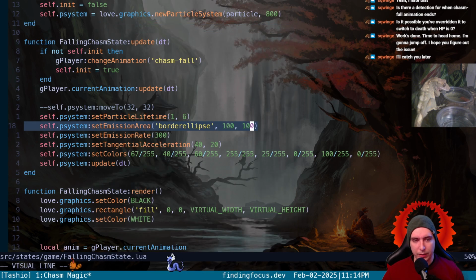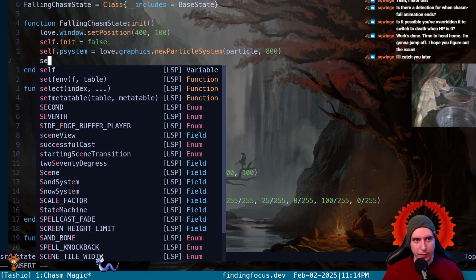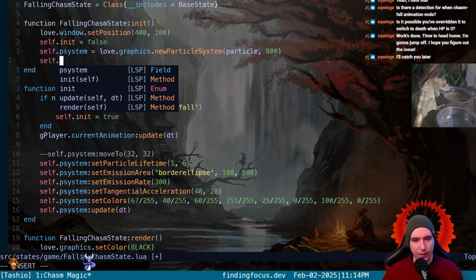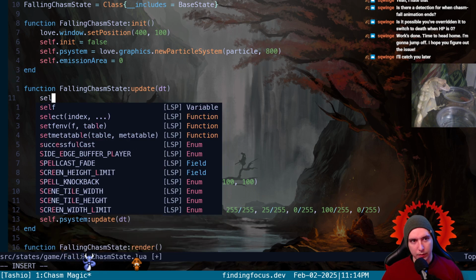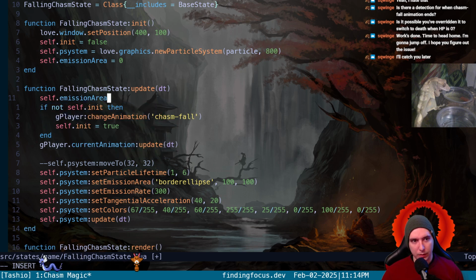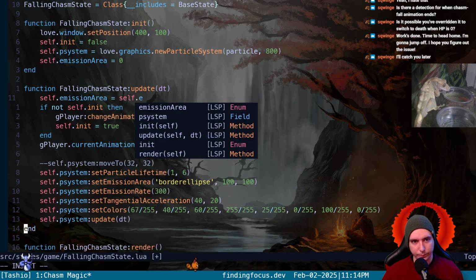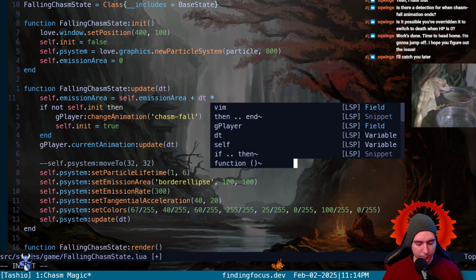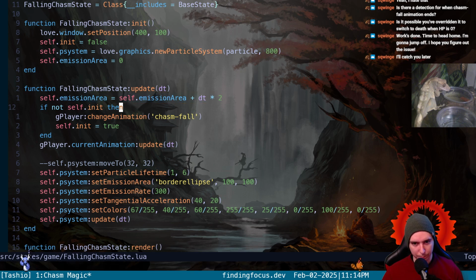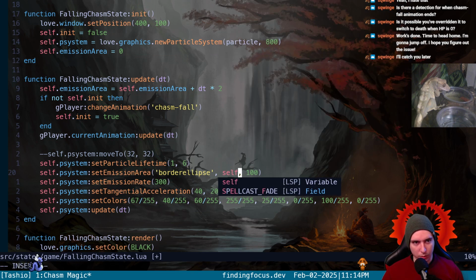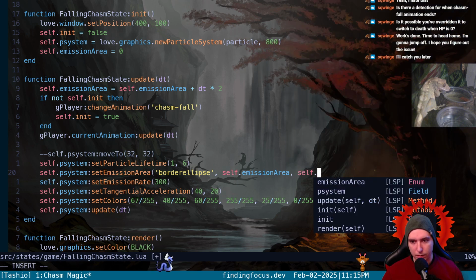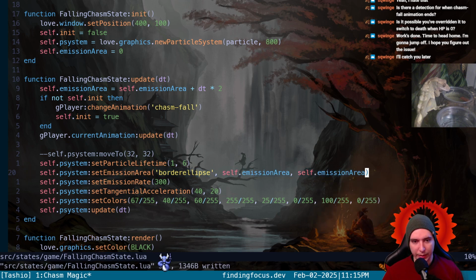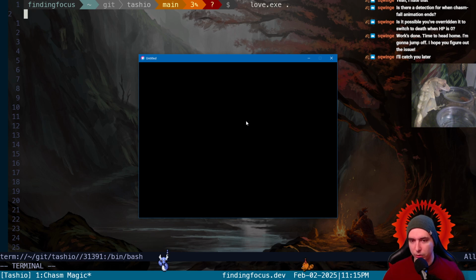Oh, that's nuts. So what we'll do is we'll snag an emission area width, or emission area will be 0. Over time, we need to update the emission area to be incrementing by delta time. We'll just scale it by 2 just to see. And then we draw it with a dot emission area. So this should be growing in size. So it should start at 0 and then grow and give us that illusion of him falling down a chasm,